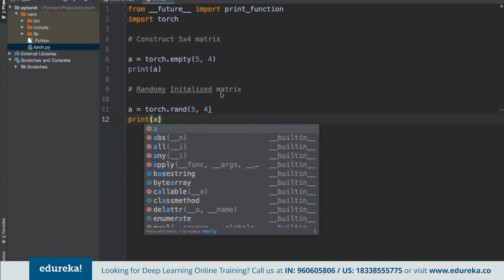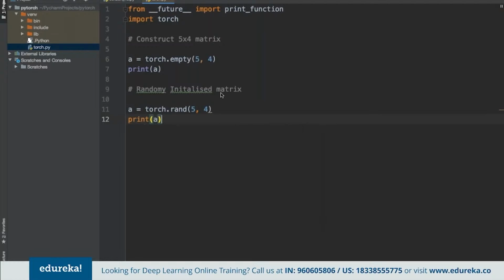And suppose we want to construct a tensor, the concept of tensor that we had discussed. Again, we can use the torch library here as tensor, and then we can specify the values.